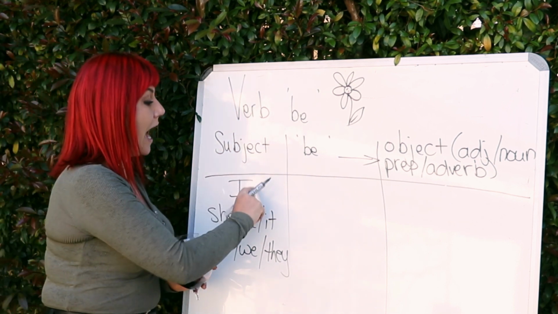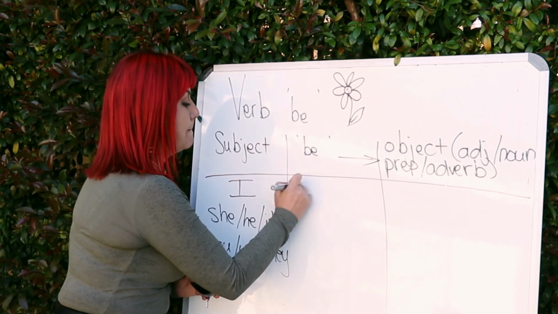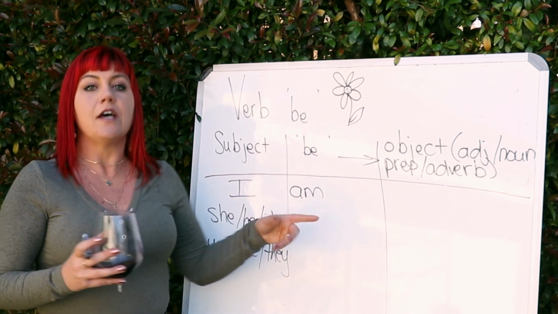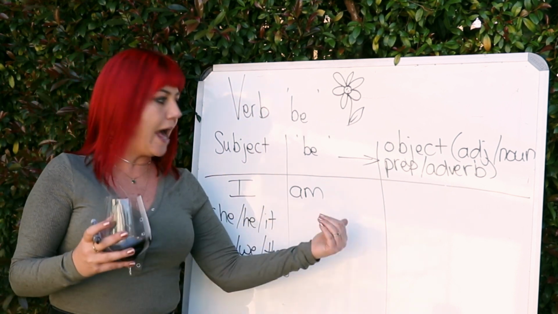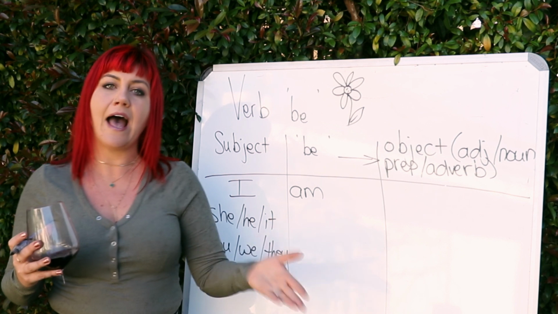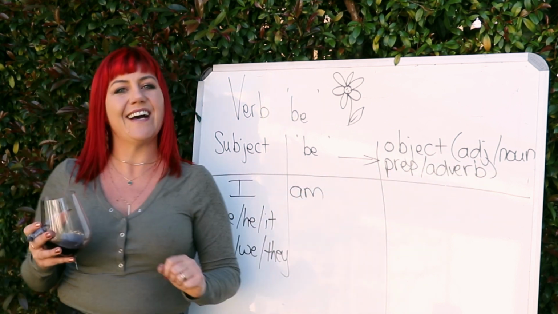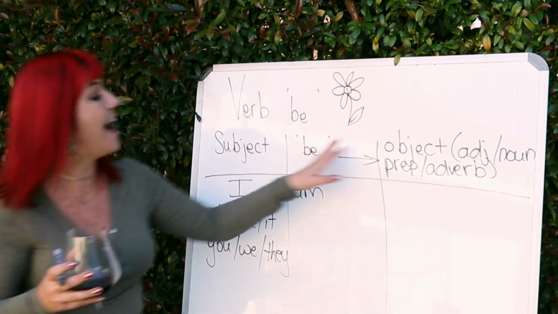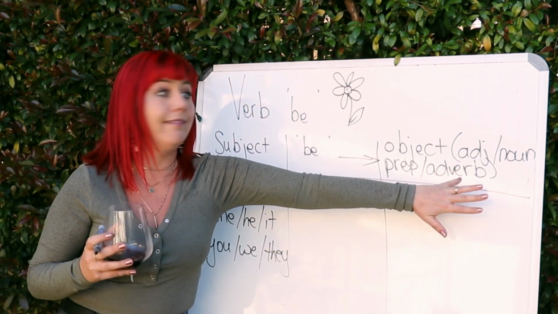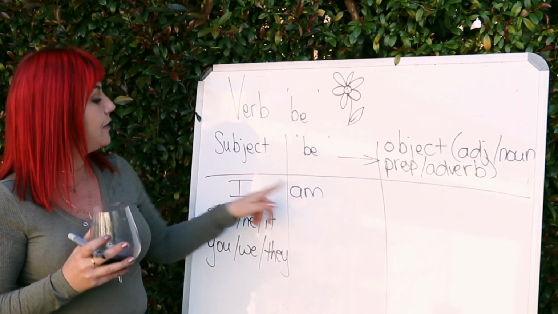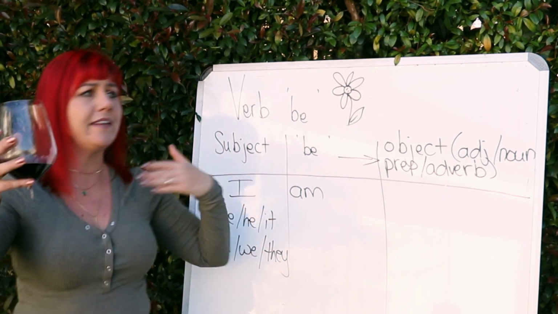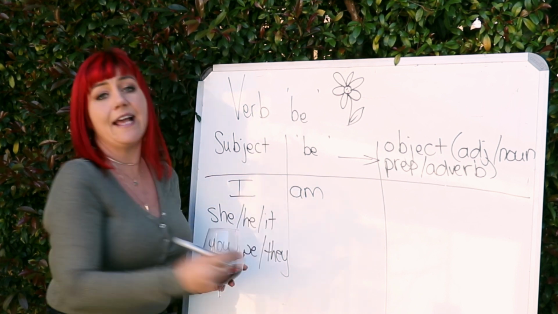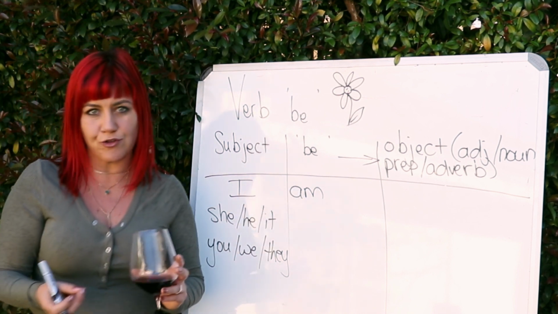Okay, so I takes the verb be, am. I am. So again, when we speak about ourselves, I am Leila. I am happy. I don't want to use a preposition because I hate those things. I am well. Okay, so we use it to describe ourselves, the weather, and so on. I've told you already, guys, we don't say I am. It's not natural to us.